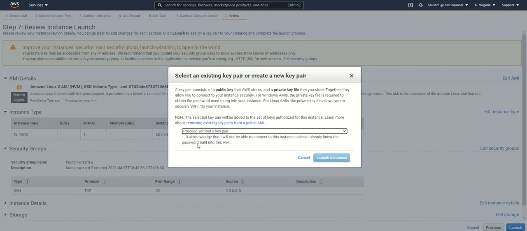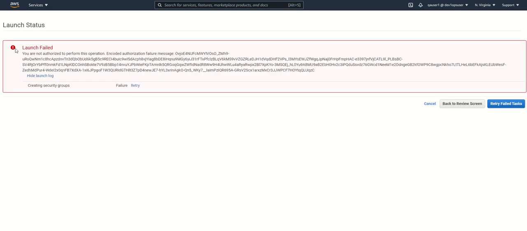Now proceed without key pair. Now when I click on this launch instance, it is going to throw me an error. Let's see that. Now you can see here it says that you are not authorized to perform this operation. It is because the policy that is associated with this user does not have the permission to create an EC2 instance, right? So what we learned today is that we understood what is IAM users and what is its importance, and how to create an IAM user and what kind of permissions that we can